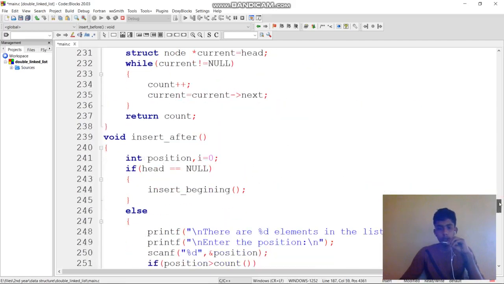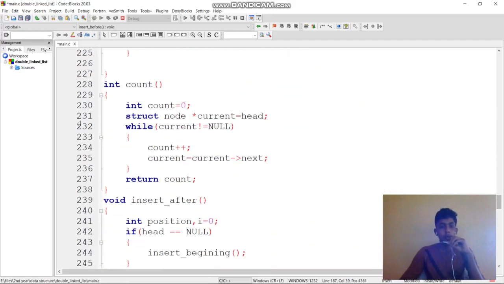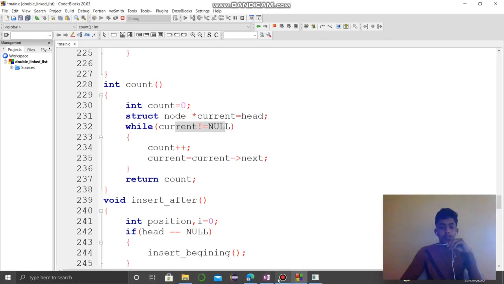We can see the count. Initially count equal to 0, and I am using a pointer current equal to head. So head contains the starting node address. So current equal to head means the starting address will be stored in current. Now I'm passing into a while loop, current is not equal to null.